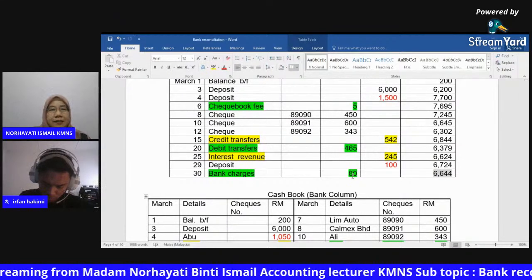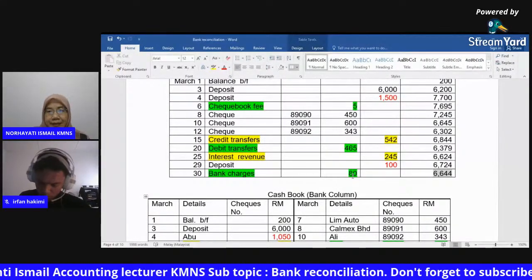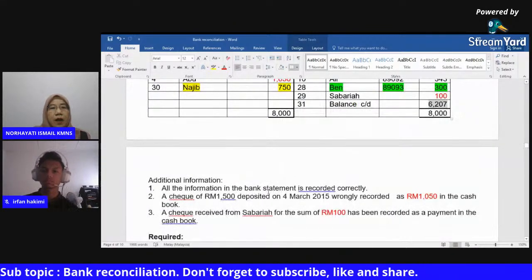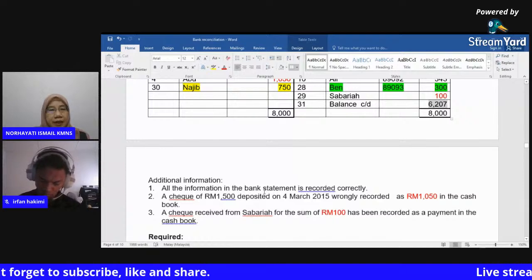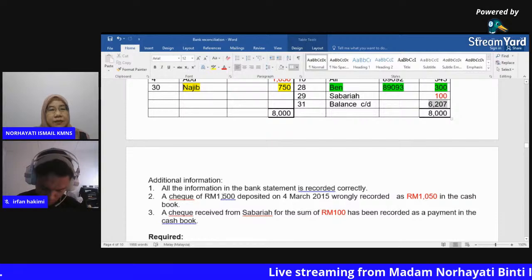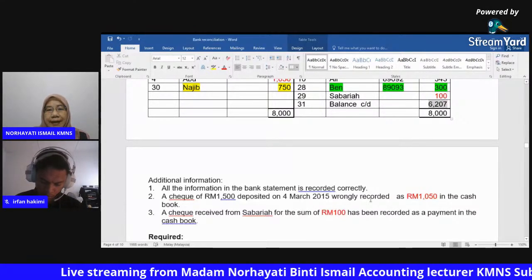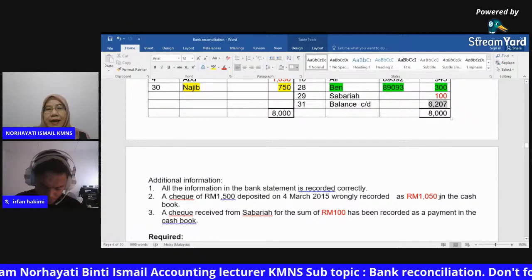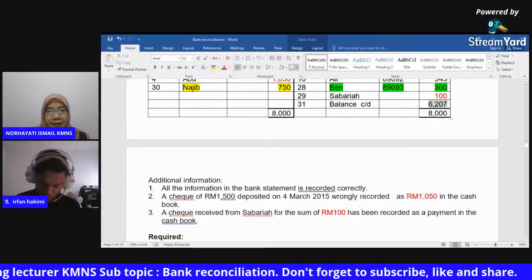Okay, the last step, number 4, we must find out any error. So based on the information, all the information in the bank statement is recorded correctly. And a check of 1,500 deposit on 4th March wrongly recorded as 1,050 in the cash book. So there is an error in the cash book. That one we call understated